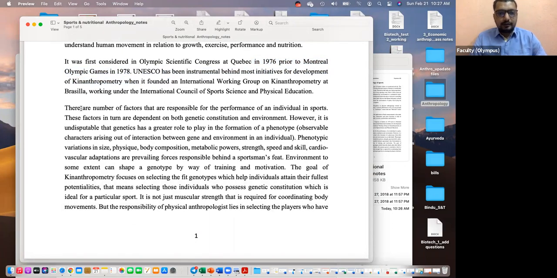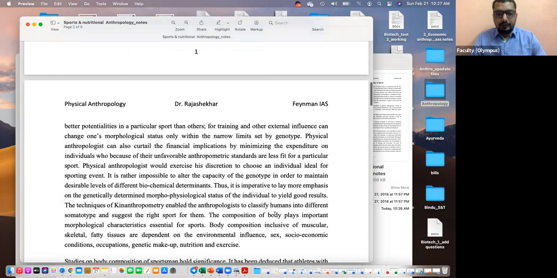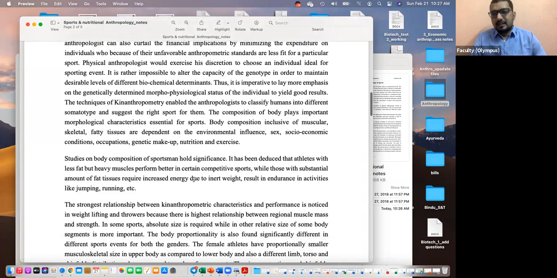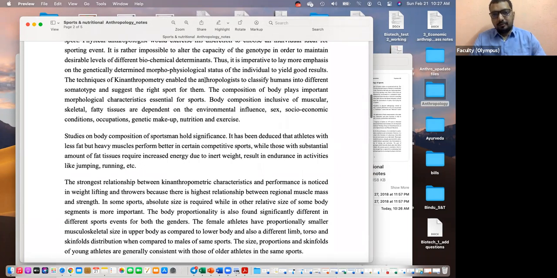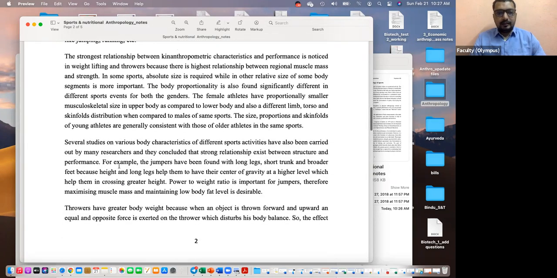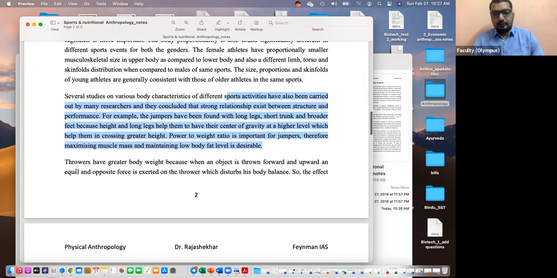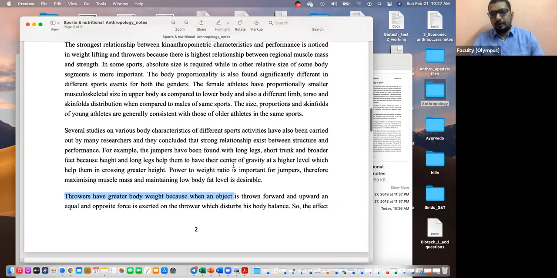I talked about various factors that we discussed, like genotype, body type, fat components. I briefly discussed those components here, and how to attain maximum performance, what type of training they require. I briefly explained how kinanthropometry by anthropologists is used to classify humans into different somatotypes and in selecting a particular type of sport, plus the training that is required. Studies clearly point out how sports and activities can help in performing better. Like I mentioned about throwers, what type of body type they require here. Those components I have put in the context of sports anthropology.